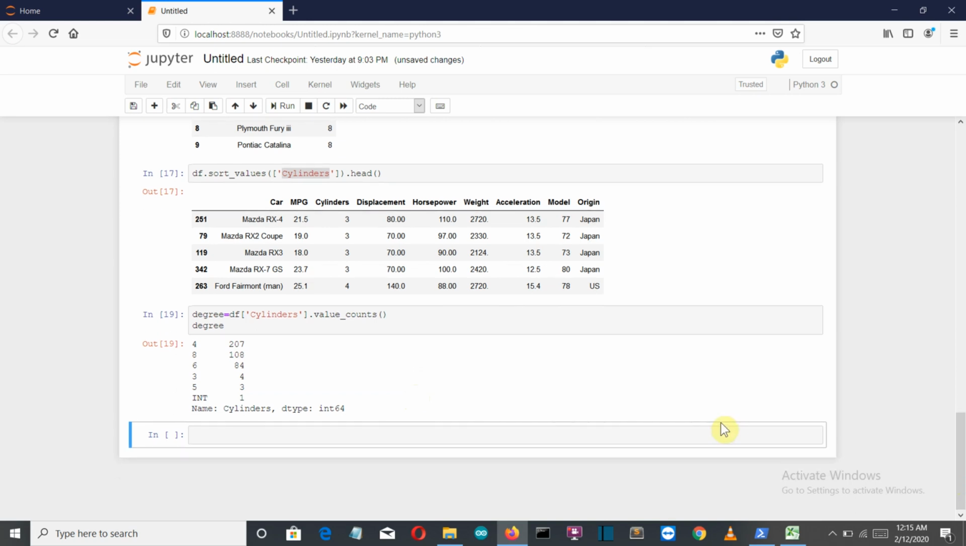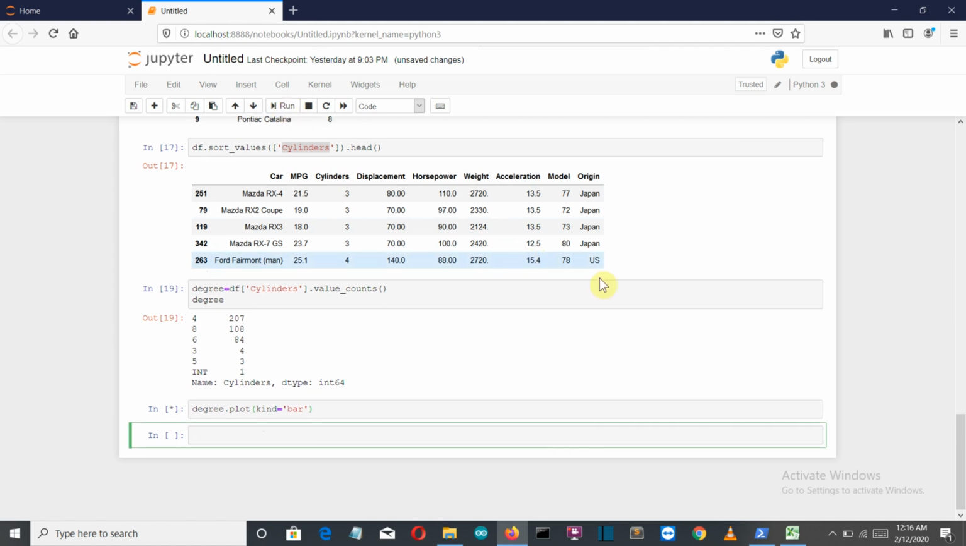So now what if you want to plot a bar diagram for this? You want to visually see what the types of cylinders present in our database are. So you will simply do degree, which is our variable, dot plot, and the type of our visual representation is, let's say, bar chart. This should be inside inverted commas. Let's run this,